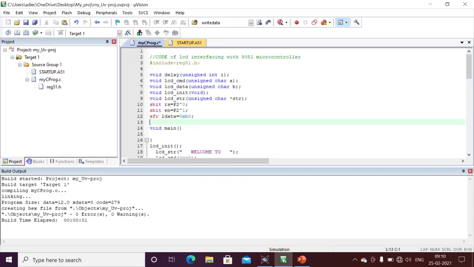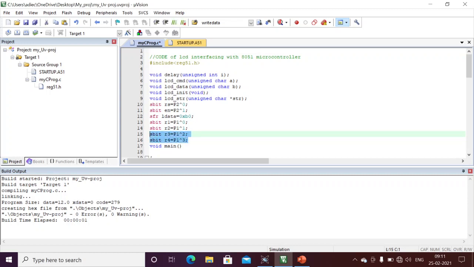First we need to define all the pins as bit. Here row 1 equals P1^0, as bit. Similarly I will expand for row 2, row 3, row 4. Here the P1.0 and P1.1 pins I connected to rows 1 and 2, the P1.2 pin to row 3, and the P1.3 pin to row 4.